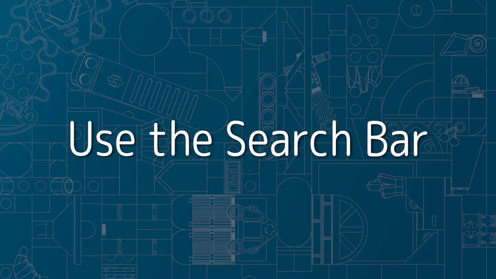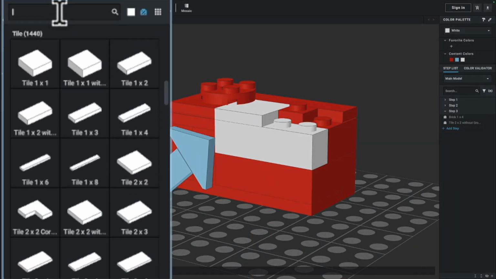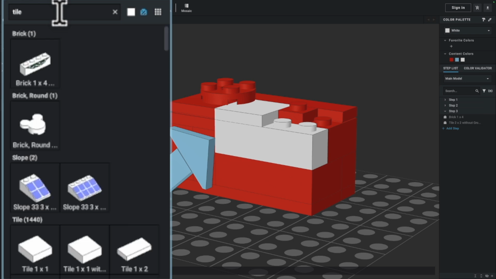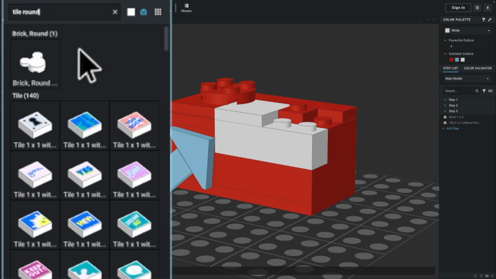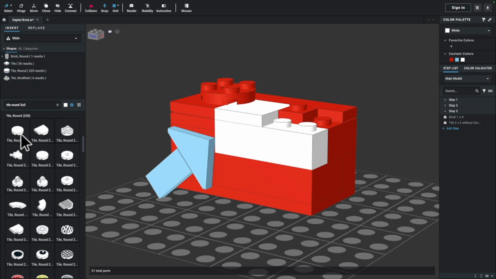We can also use the search bar to find a specific piece. I want a tile. I do want it to be round, and I know I want it to be a 2x2 piece. And you can see that I've got a lot of printed tiles with some rounded things on them. I've got this little Mickey Mouse tile. And I'm just going to use the categories here that have now shrunk to only show me the matches and find my round tile. Okay, this one looks promising. Tile round 2x2. Excellent. I'm going to grab that one